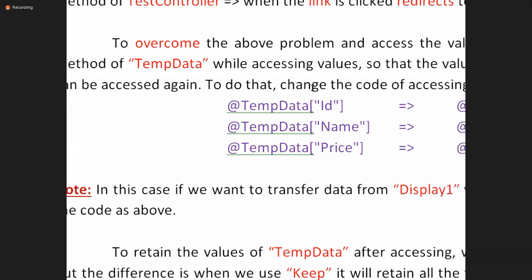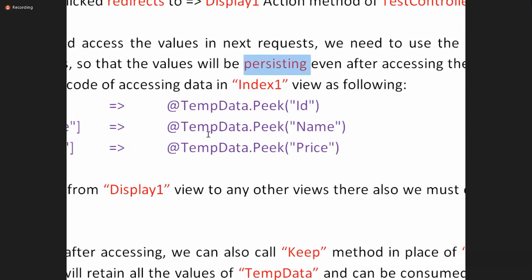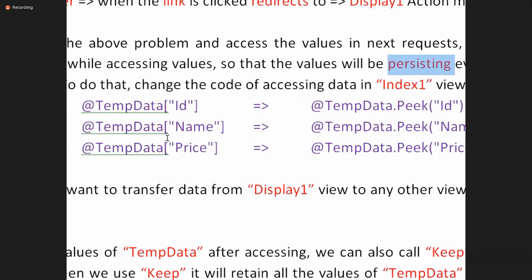To do that, change the code in the index 1 action method as follows. How to change the code? See, this is what you have written already. Change it. How to change? Dot Peek. It's a method, guys. That's why round braces, not square braces. Are you clear? If I call this method, what will happen? In display 1, you can again watch the values.